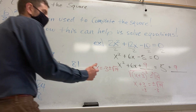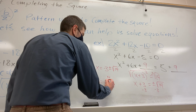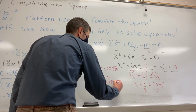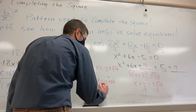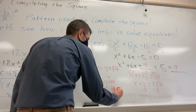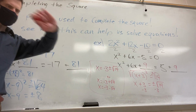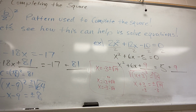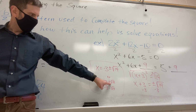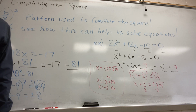Or you could write it as 2 separate answers. X equals negative 3 plus square root 14. And what else? X equals negative 3 minus square root 14. Now, those answers are pretty ugly, but could you get a decimal approximation? Yep, square root of 14, and then subtract a 3. So we'll practice this